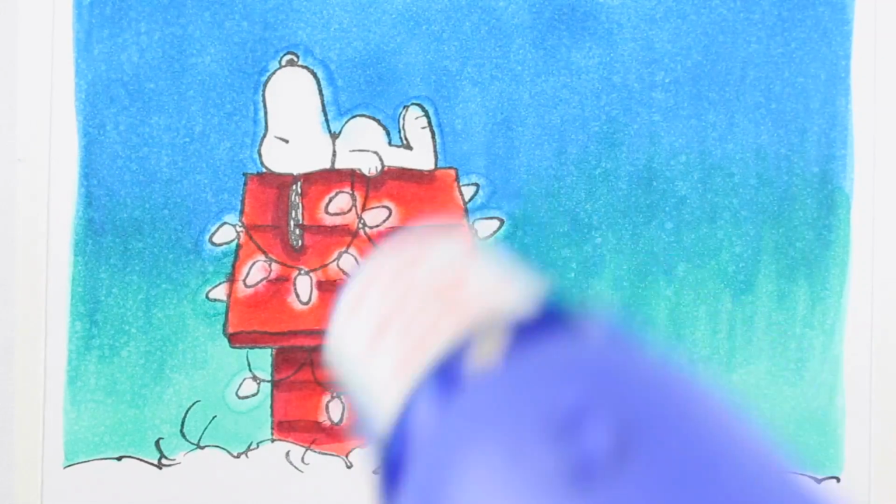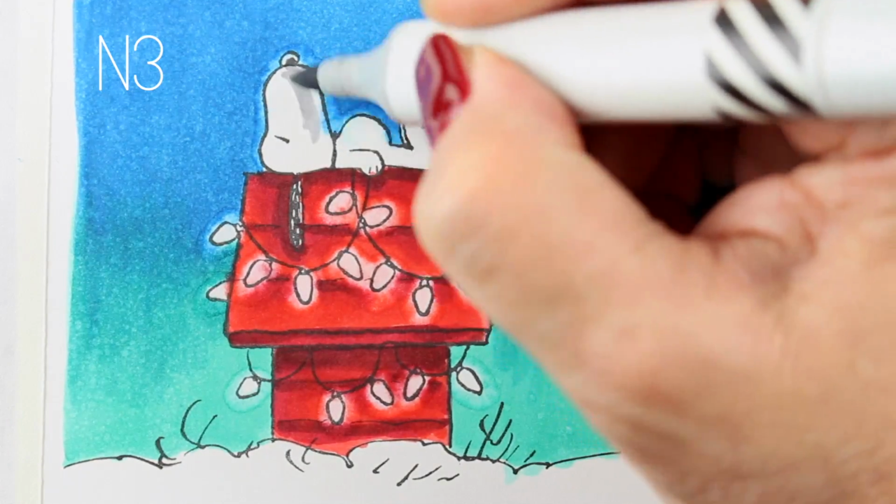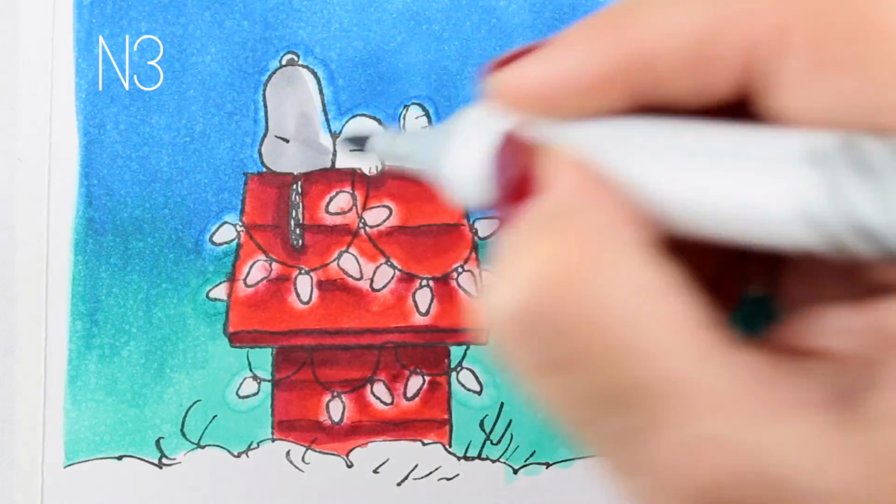And if you aren't getting enough color down, then make sure your colorless blender is full of good ink. And if you want it to stop extending and not keep bleeding and bleeding and bleeding, then just hit it with a heat gun real quickly,